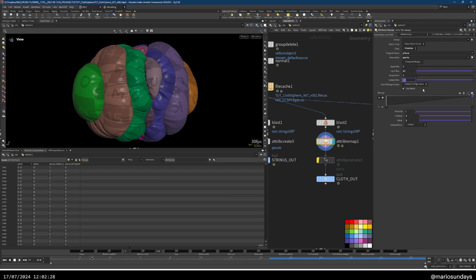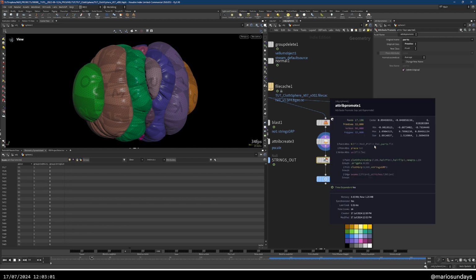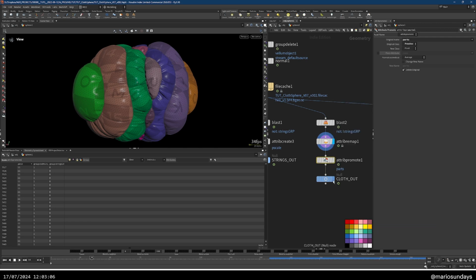And now I want to change it from 0 to 11 to 0 to 1. And now, if you see here, we have a parts attribute that goes from 0 to 1. And now we will grab the parts and convert it from primitives to point, and we don't need this. So now we have our parts attribute into the points. Okay, so we will see